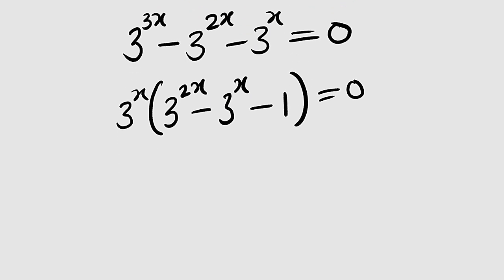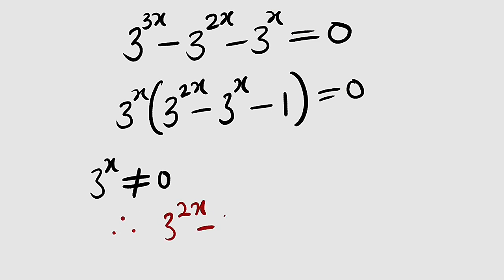What does this mean? It means that either this or this must be equal to 0. But we know that 3 to the power of x can never be equal to 0. No way. 3 to the power of x cannot be equal to 0. But this can be. Therefore, 3 to the power of 2x minus 3 to the power of x minus 1